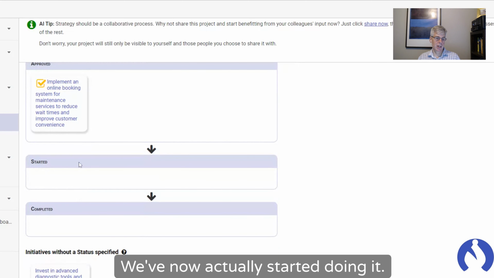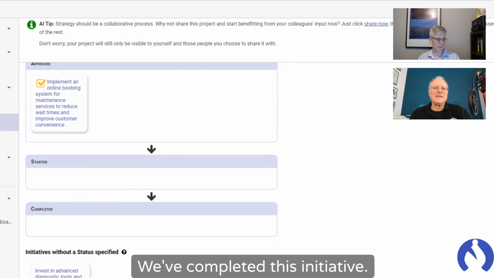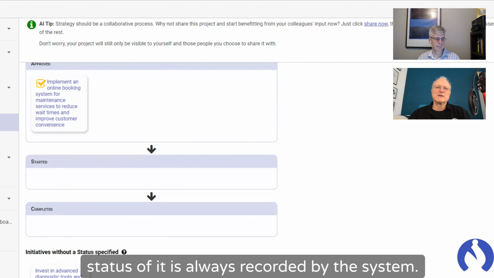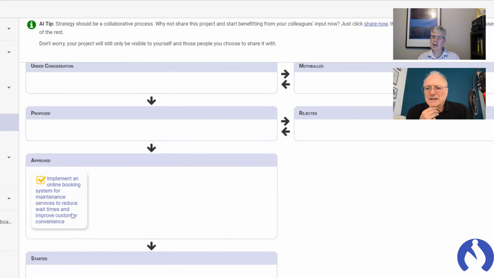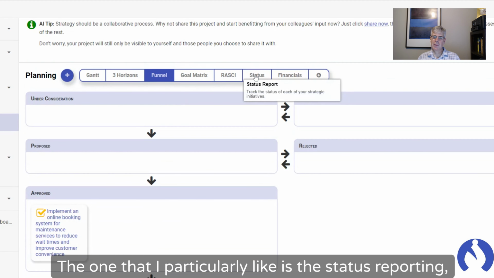We've now actually started doing it. And then, of course, right at the end, we've completed it. The status of it is always recorded by the system. It's always recorded and consistent. The one that I particularly like is the status reporting, where we can look at it and say, look,